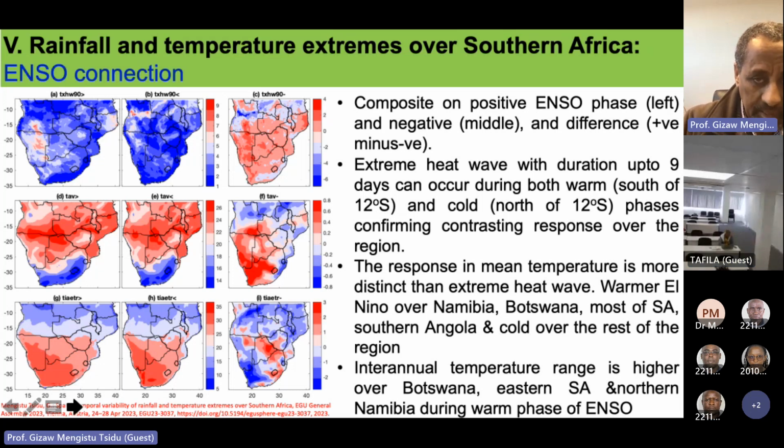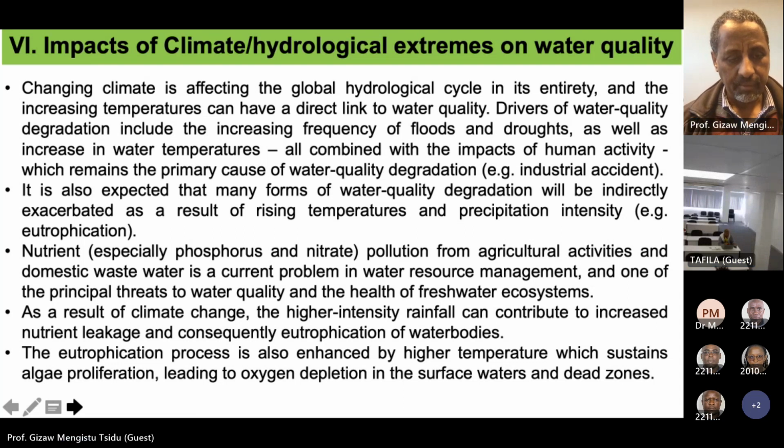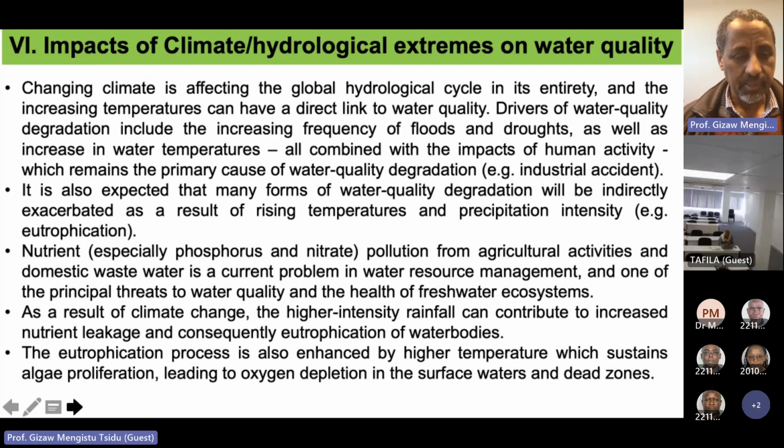So I'll quickly move to the water quality, and then I'll take your question. The rest, I think it's about hydrology in the SADC region. That will be covered also by Marila tomorrow. So I'll leave it for her. I thought that I can give you some overview, but looks like I'm not going to make it to that point. So before I take your question, let me cover the impact of climate change, climate extremes, or hydrological extremes